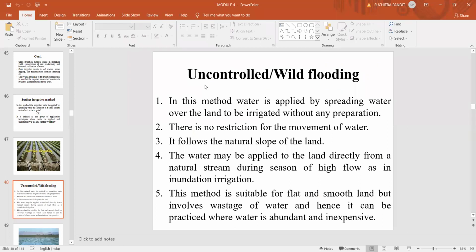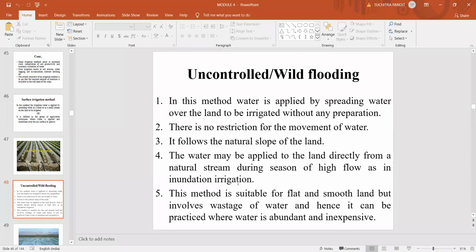Now, first one under surface irrigation method, we have the uncontrolled, or it is also called the wild flooding. In this method, water is applied by spreading water over the land to be irrigated without any preparation. Directly the water is applied to the land, and there is no restriction for the movement of water, and it follows the natural slope of the land because the water is supplied to the crop by means of gravity flow, and the water may be applied to the land directly from a natural stream during seasons of high flow,